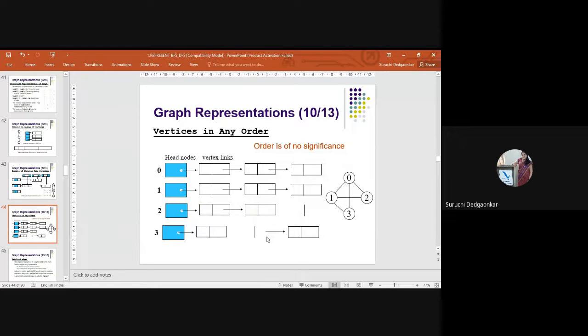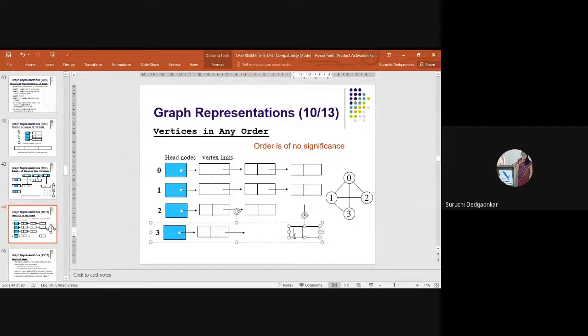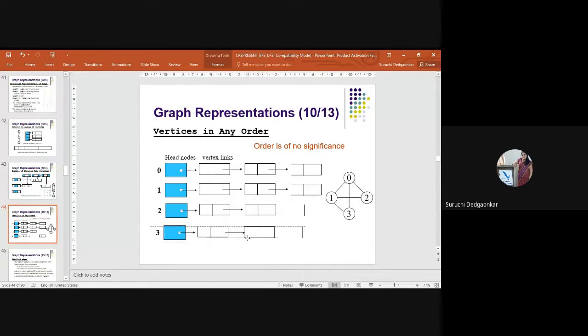Is it clear what we are doing? Suppose this is our graph and we have to represent it using the adjacency list representation.